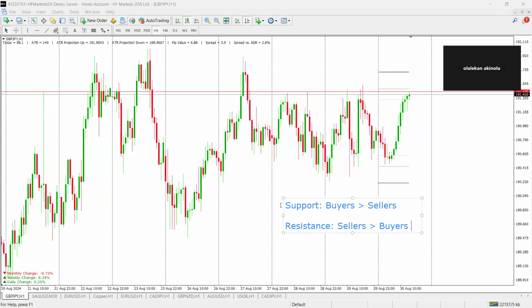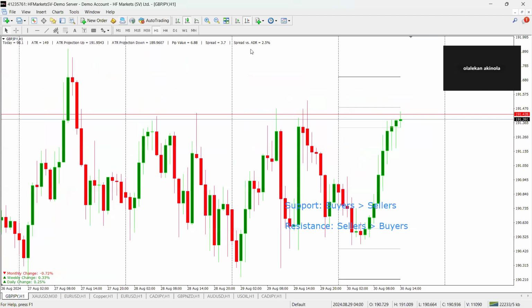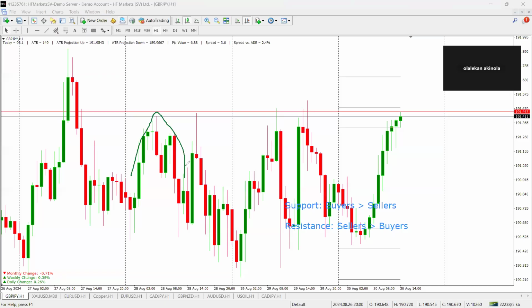If anybody comes into this live right now and sees me talking about this level here, the person can easily relate. Why? Because it is clear. Even if the person has just basic understanding of what support and resistance is, it is clear. This is a level where price is known to turn back. If you see it,